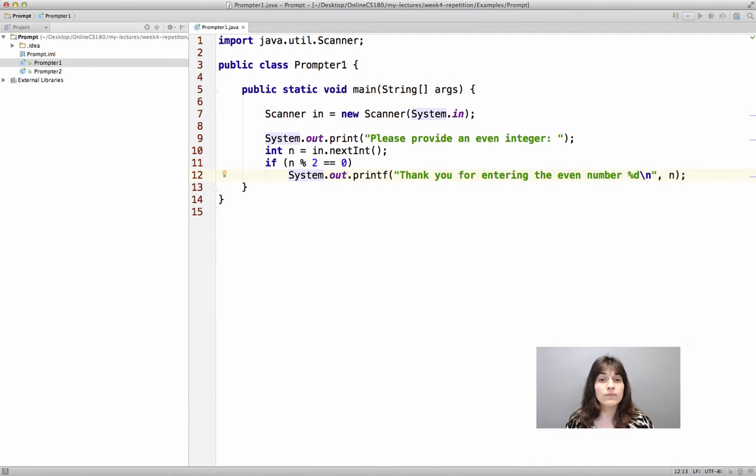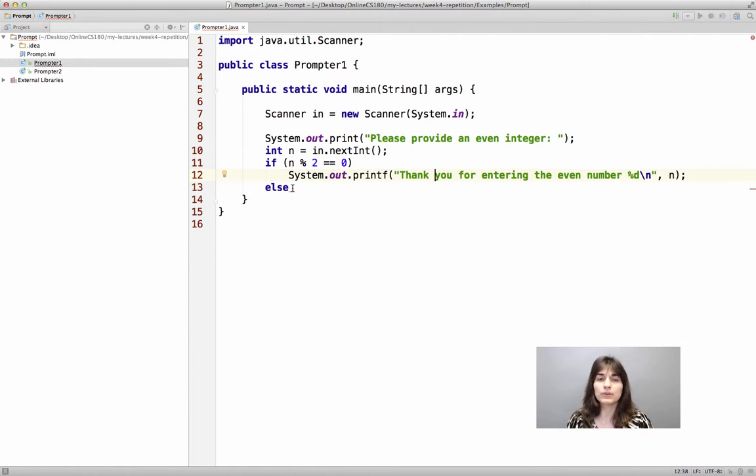What happens if the user doesn't give us an even number? If we wrote an else, it would be exactly the same things that we've done before. We would say again, please provide an even integer. We would read that number, we would make the test, we would output success, and the program would end.